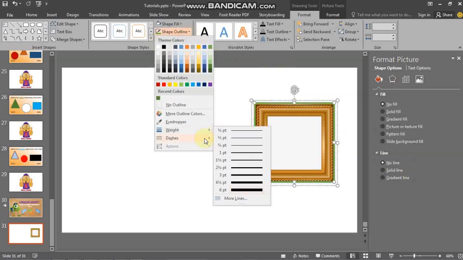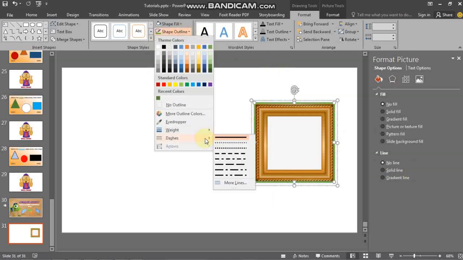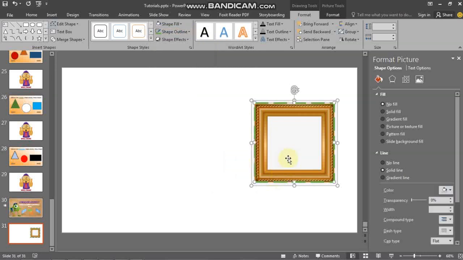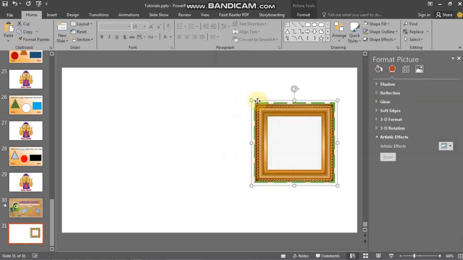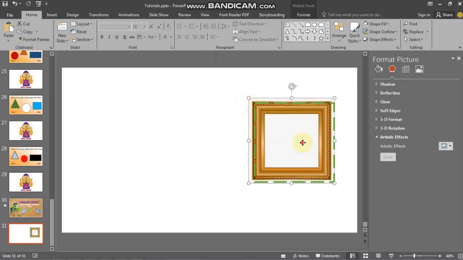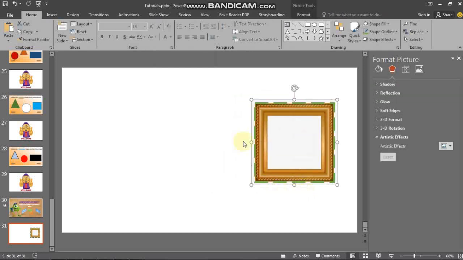So where you want to create an outline around the shape, you can do that, and where you want to create short dashes so it looks something like tracing, where the student or the kid has to trace, you can also use that method that I've just shown you. So that's all I just wanted to